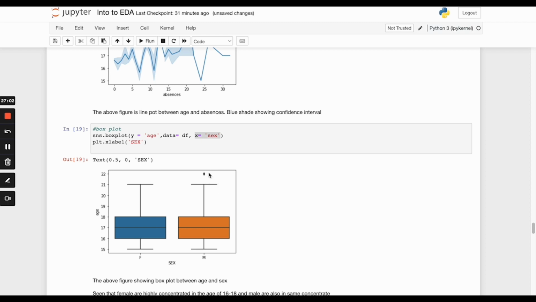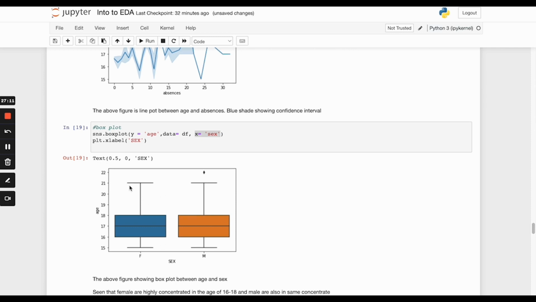In male there is an outlier who is 22 years old. An outlier has an extreme age value beyond this one,